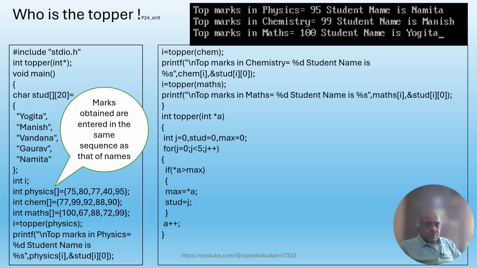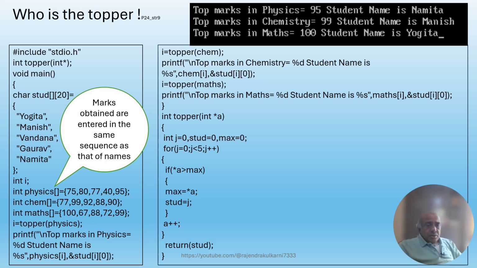When the loop terminates, max will contain the maximum number of marks in the array represented by the pointer a, and the element which has the highest value of that array, that element number, is assigned to the variable stud. Then we return the value contained in stud by this return(stud) statement,